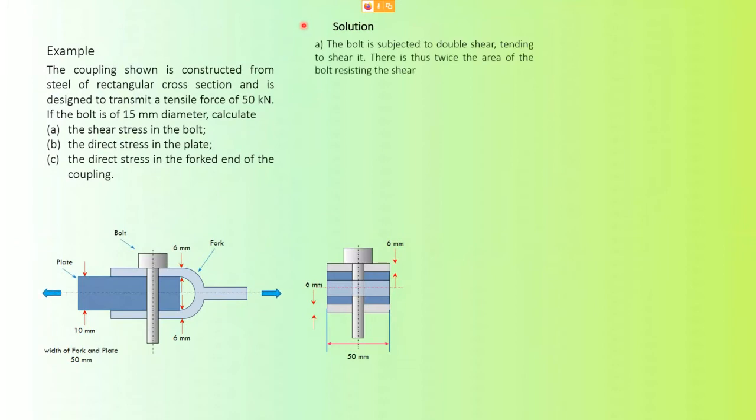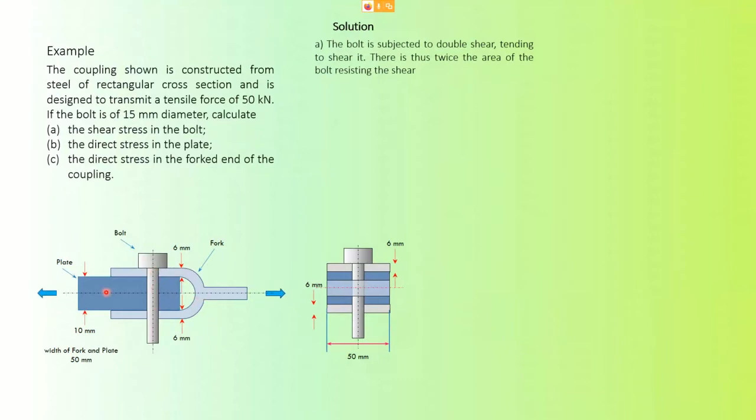Now, solution. The bolt, that means this part here, is subjected to double shear. Why double shear? When you pull this force here, you can imagine that this bolt, if it is unable to withstand these forces, will shear in one place. That means it will cut through here. If this bolt material is not strong enough to withstand the force, and these two materials have better strength than the bolt,